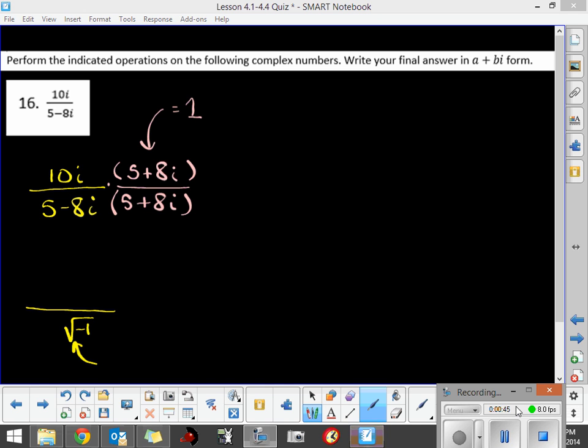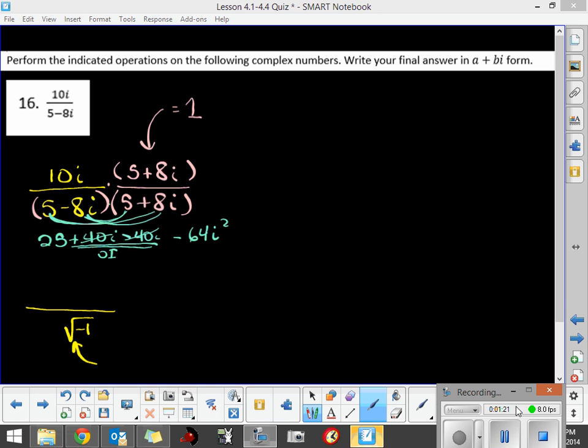So we're going to multiply our 5 minus 8i times 5 plus 8i, and we just got done doing that in the previous one. So this is a binomial times binomial, so it's FOIL. 5 times 5 is 25. Our outermost ones will give us a positive 40i. Our innermost ones give us a negative 40i, and that's what should happen whenever you multiply complex conjugates. These middle terms, outside inside, the i's should cancel. So we got positive 40i, negative 40i, they'll reduce. Then we'll do our last terms, which is a negative 8i and a positive 8i, a negative 64i times